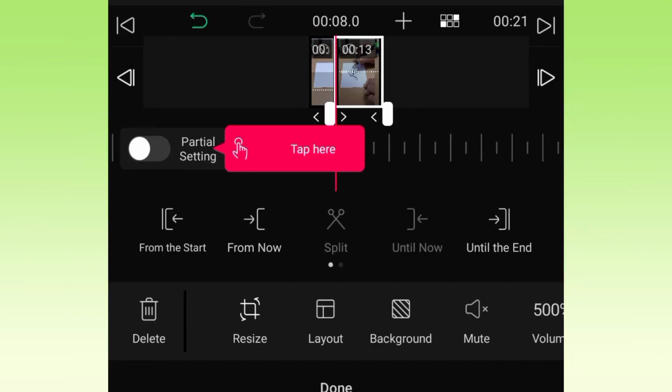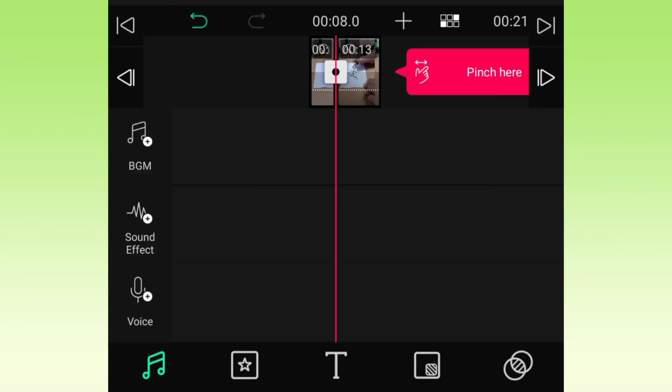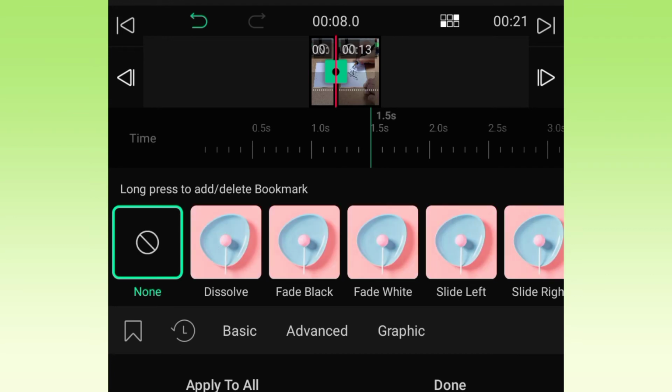So this was all about video editing. Now let's see how to insert different elements like music or a picture or any other option. Like this BGM option is there, so you can click over here. So to access this, you have to deselect the video. Like if you select the video, then you will get video editing options.